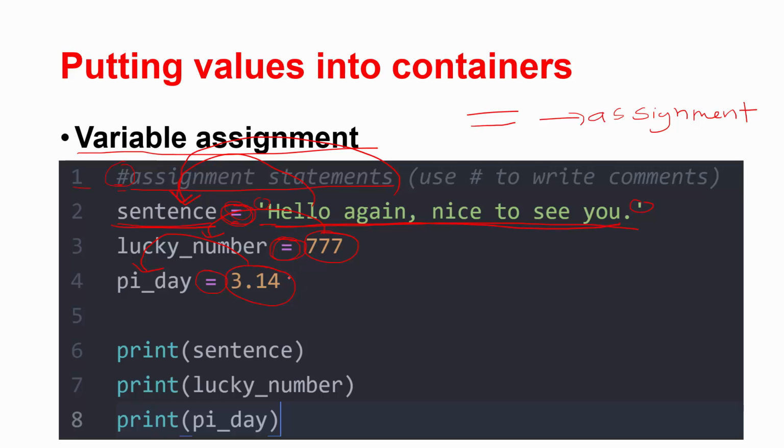If you want to see what's in these containers or variables, all you need to do is use the print function I showed you earlier. So if you do print sentence, you can see we're not printing the string directly this time. We're printing the variable or the container that has the string information. And then we can do print lucky number and print pi day. If you write this in Atom and then run this script,